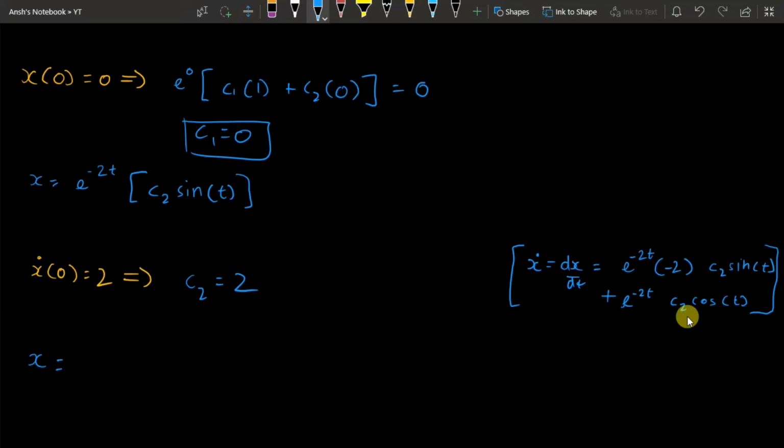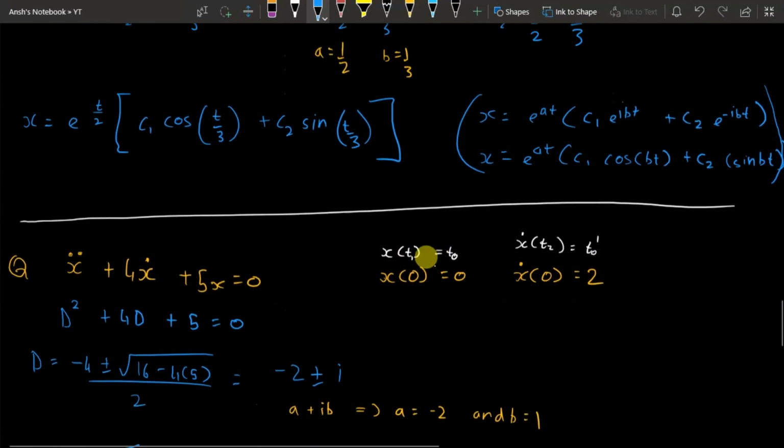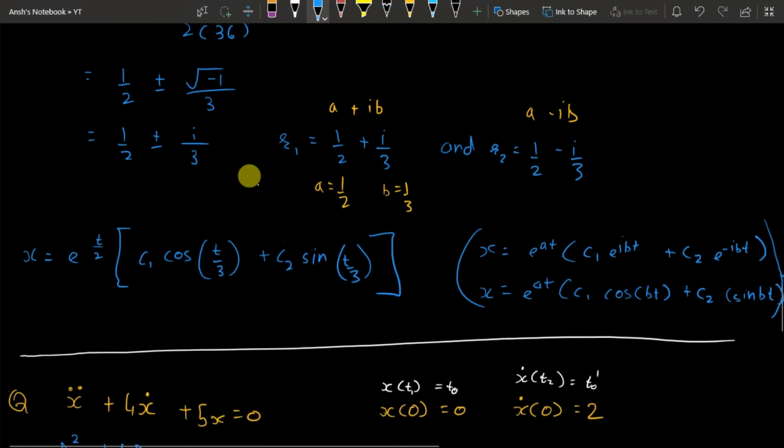So now the general form of our solution would be e raised to minus 2t times 2 sin t. And this is often called a particular solution of the differential equation because we have substituted the initial conditions and we have determined the values of C1 and C2. So basically, this is how you deal with solving second order linear homogeneous differential equations with constant coefficients. I would recommend solving other examples on your own to get more familiar with the process, but it's pretty straightforward. And unless you've been given the initial conditions, you should always find the answer in terms of the general solution that we discussed above.